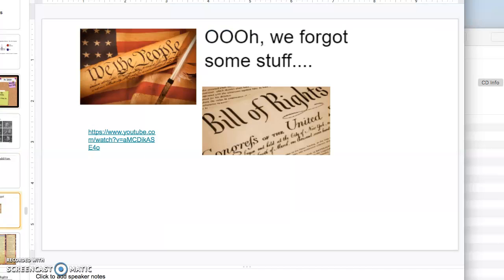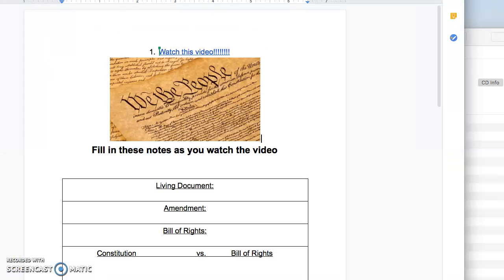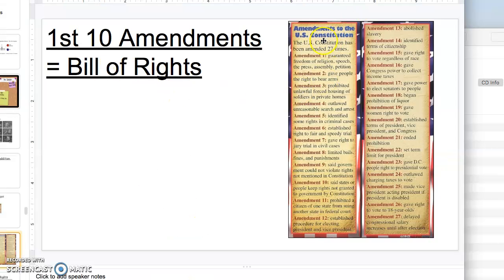And there was some debate, but essentially the Founding Fathers felt that there needed to be stuff added. And so the first 10 amendments, there's 27 amendments we have for the Constitution so far. The first 10 amendments are called the Bill of Rights. So that's what you want to put in here. Bill of Rights. First 10 amendments or first changes to the Constitution, and they were all passed at the same time and put in right away at the same time.